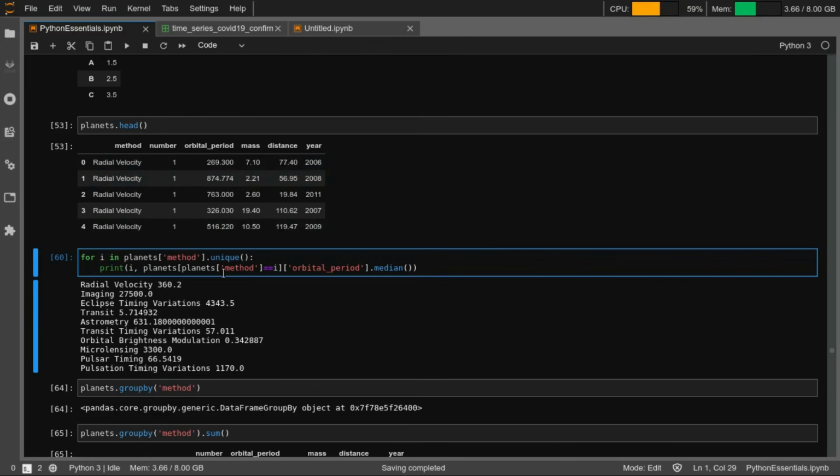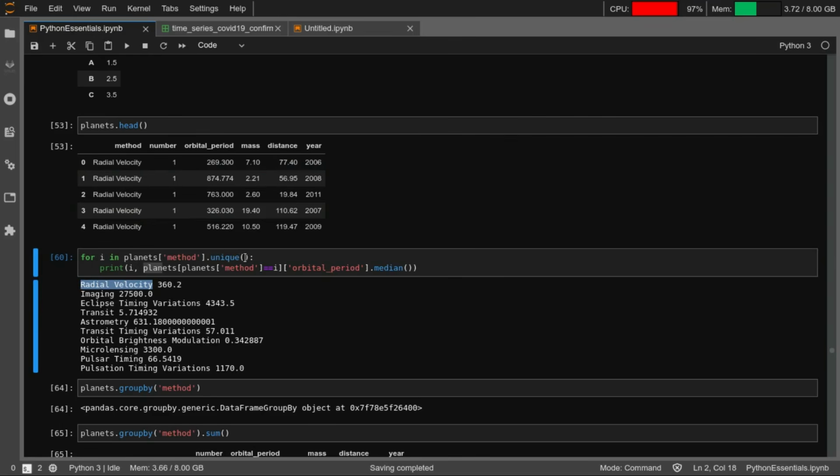So what we have done here is we pick out all the rows with that value. In this 1000 plus row data frame, we pick out all the rows where method is equal to radial velocity. Similarly for imaging and all of that, right?